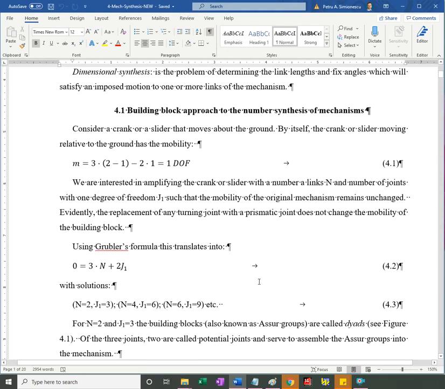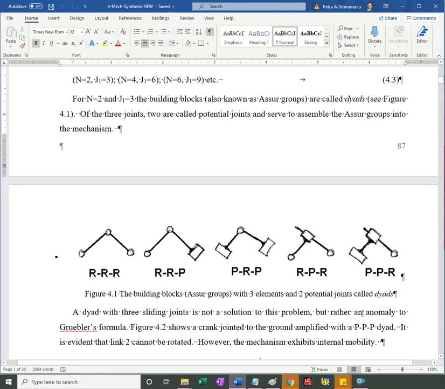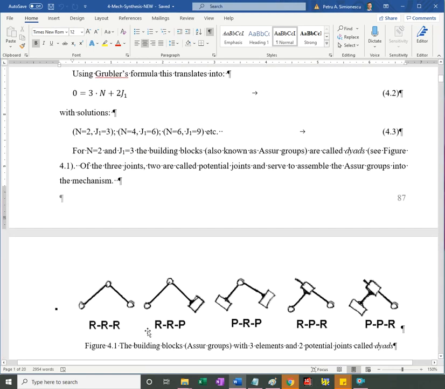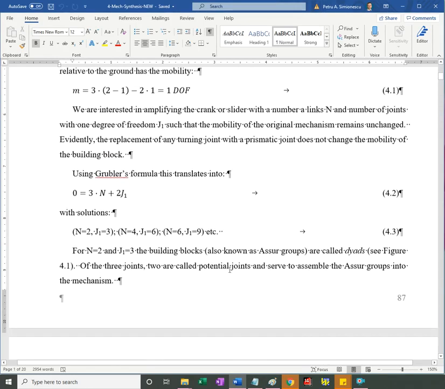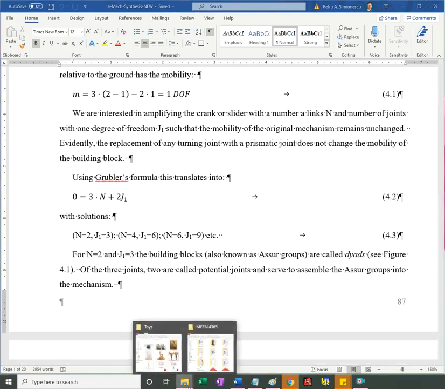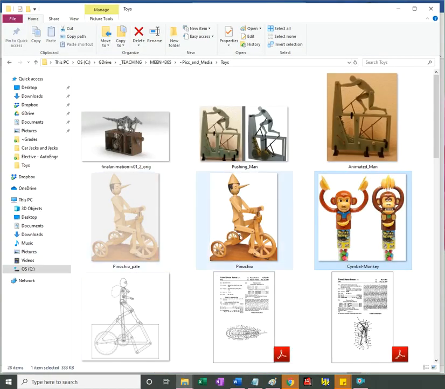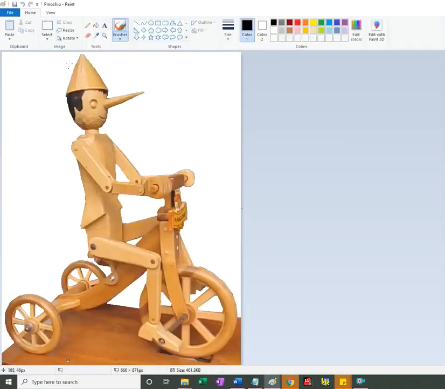We analyzed for mobility, and it's something that I believe I mentioned on occasion, using the building block concept. Instead of working with the individual links and individual joints, we work with groups of links and joints that we know, if added to an assembly, don't modify the existing number of degrees of freedom. So I invite you to go back to the early notes, and I think we considered this